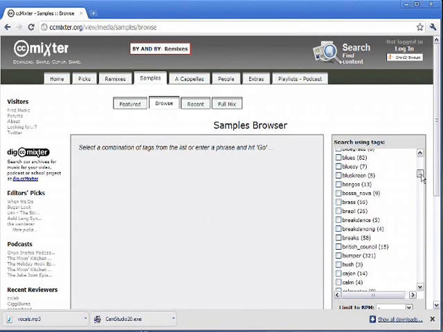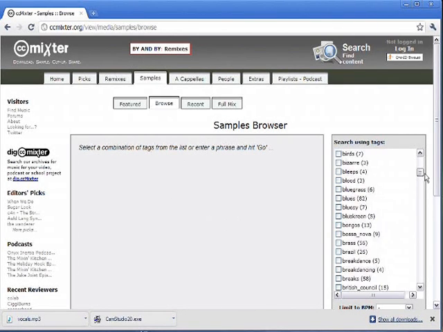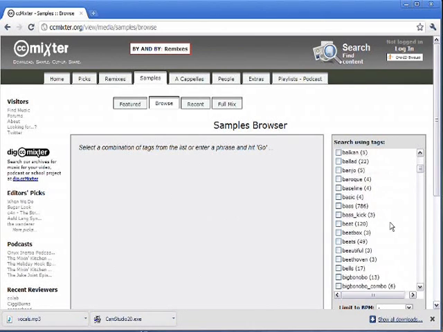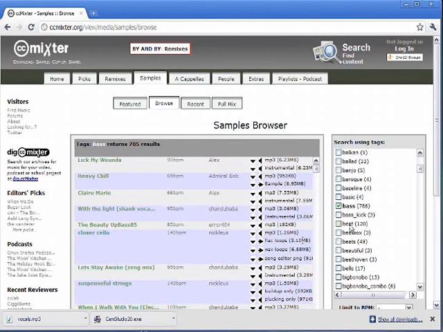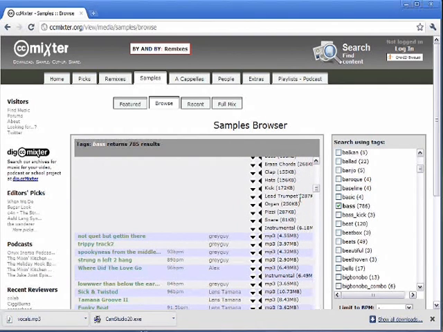For instance, if we were after bass guitar, we would simply look up bass, and we're going to get, as you can see in brackets here, 786 possible samples. And if we go down the list here, we can see that there are a whole pile of samples tagged with the bass. And if you want to hear what these sound like, you can either click on the horn